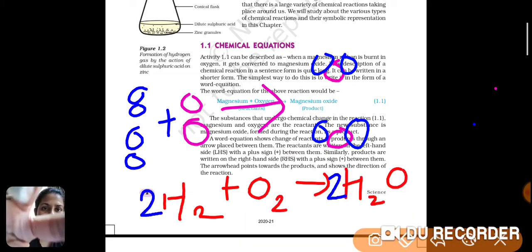So here we can see these are 2 molecules. Blue colored are 4 molecules of hydrogen, with pink color are 2 molecules of oxygen, 2 atoms of oxygen that react with 2 hydrogen, reacts with 1 oxygen, and another 2 hydrogen reacts and gives us 2 molecules of water. Okay, so this is what a balanced chemical equation is about. So we will study how to balance a chemical equation first.